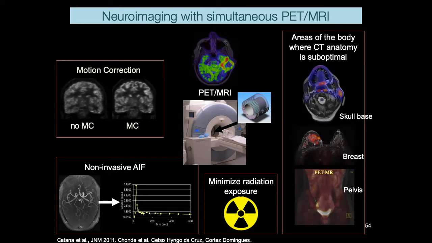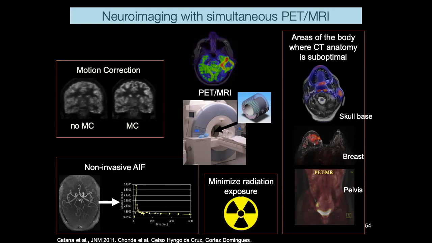I think one of the things that have transpired over time is the fact that you can use your MR over time to do motion correction of your PET images. You can look at using a non-invasive arterial input function, which really reduces burden on taking blood samples from the patient itself, which can sometimes be painful and also very cumbersome, and it's not necessarily something that you want to do